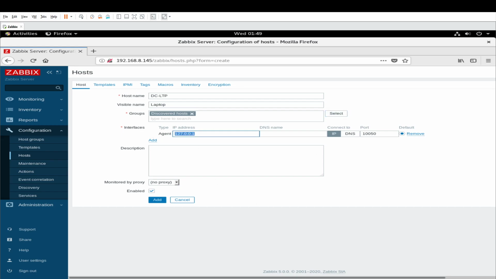Agent IP. What is the IP for the agent? We got the IP 8.150, so I will use the same IP. Here goes the IP. The DNS name is the same, DC.